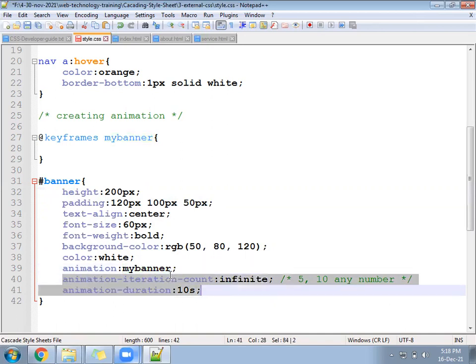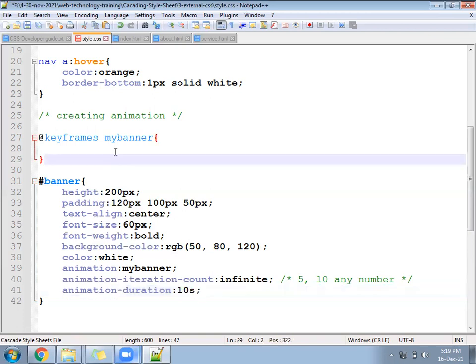If you want to call it many times, and set some duration, for example it should be called 10 times and each time should take 5 seconds or 20 seconds, then we can use animation-duration with some number in seconds. Now the total duration for each iteration is 10 seconds. Next, you can write 20 seconds also, 5 seconds also. Next, after that, in 10 seconds, what do you want to do?